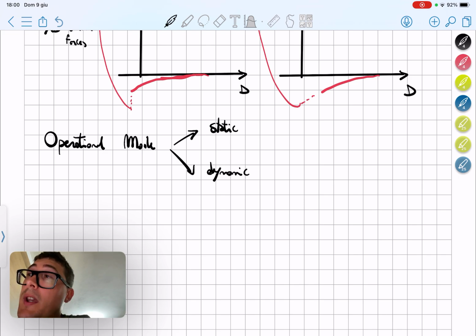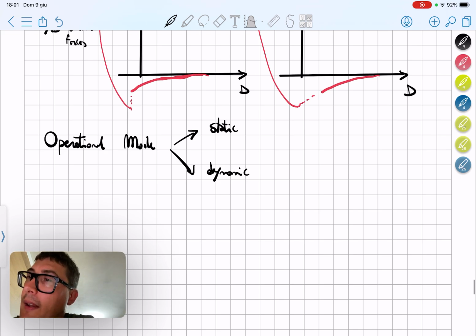In the dynamic, we are deliberately making the tip vibrate, closer to the resonance frequency, for a reason that we will see in a second. To differentiate from this, we have the static case in which the cantilever is not vibrating at all. It's as we described so far, so it's letting it approach the sample, and as soon as we measure some bending,